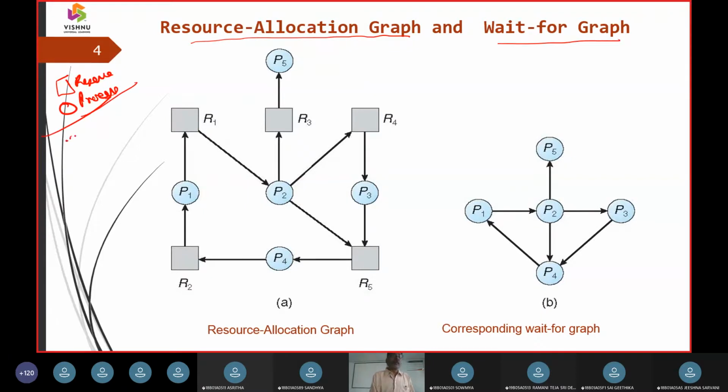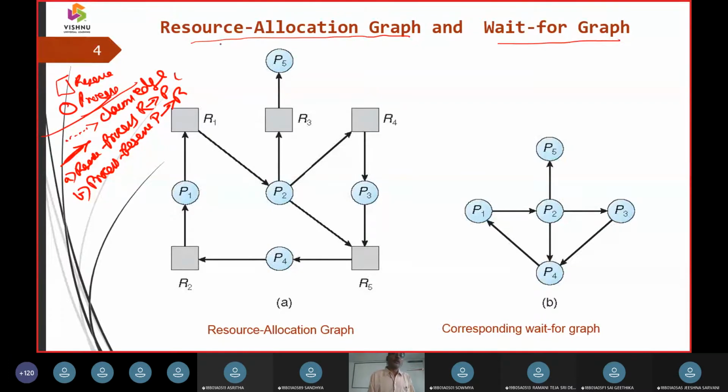And if we put it in a dotted edge, then we are going to call it a claim edge. And if it is dark, then it can be from resource to process, or it can be from process to resource.